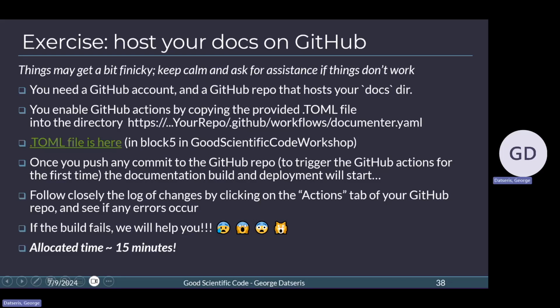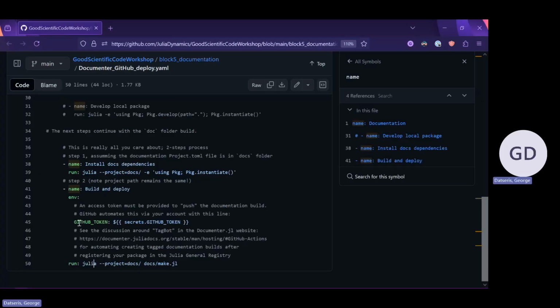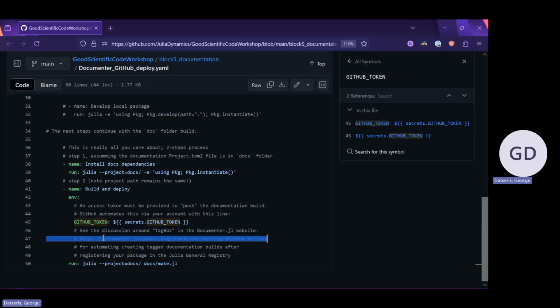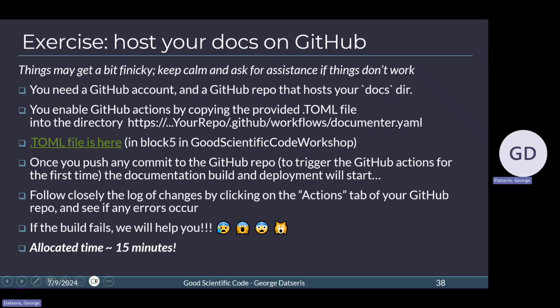No, you don't have to set up a key because your GitHub account by itself has a key. That's called GitHub token. There is some more stuff here for some special key that I won't mention in the tutorial. You can read it yourself. But you don't have to set up any keys. It just works out of the box. It's really magic. OK, let's take 10 minutes because then we have to start wrapping up. Don't be discouraged if things don't work immediately. I promise they will work sometime.